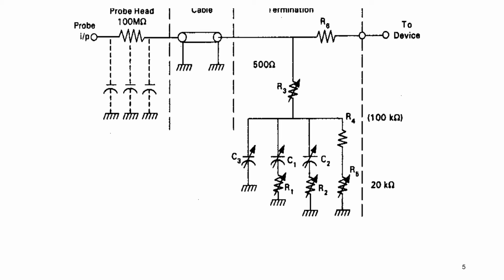This is suitable for DC measurements, but without compensation, it will have a non-uniform, unknown AC response due to the very high impedance and stray capacitance, forming a low pass or high pass filter depending on the amount of stray capacitance and input capacitance of the meter. The probe compensation is done by adjusting the network consisting of R1, R2, C1, C2 and C3. The probe cable terminates in its characteristic impedance by resistors R3 and R6 as shown in this figure.